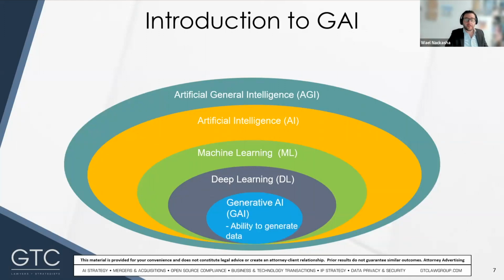So after that, now we get to GAI, or Generative Artificial Intelligence, which you hear about in the news every day, given all the recent advances in this area. So GAI is a set of deep learning methods that are capable of generating data, such as text, images, videos, and software code in response to prompts. It requires a lot of training data and computational resources. Some sources say it requires all the data on the internet, and that's causing a lot of problems.